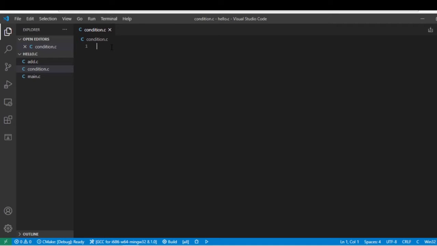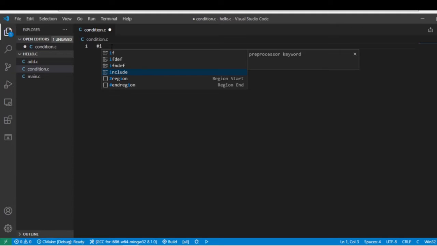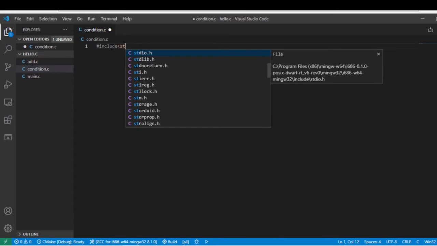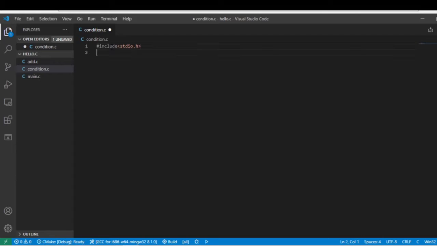Now I write all the conditional statements in a program. First I write the header file, #include <stdio.h>. After that I write int main. Int main is the main function of the program. Start with a curly bracket.